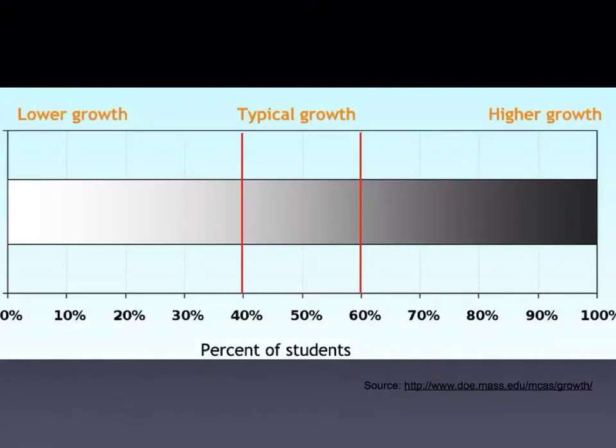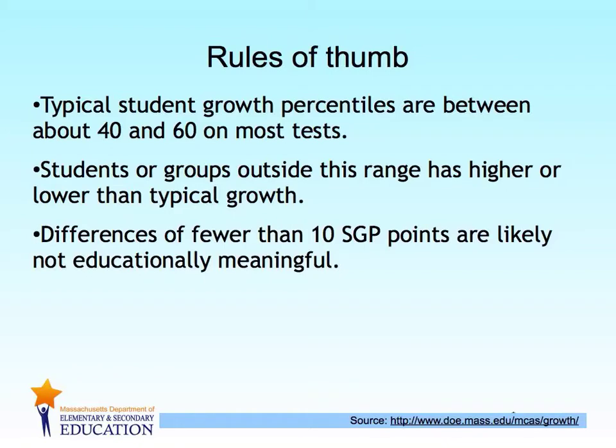I want to spend some time talking about growth with this slide from the Department of Education. The Department of Education defines typical growth between 40 and 60 in this gap here. This slide articulates the graphic from the previous slide and again says that typical student growth is between 40 and 60 on most tests. And again, if you're below 40, it's low growth, and you're above 60, then it would